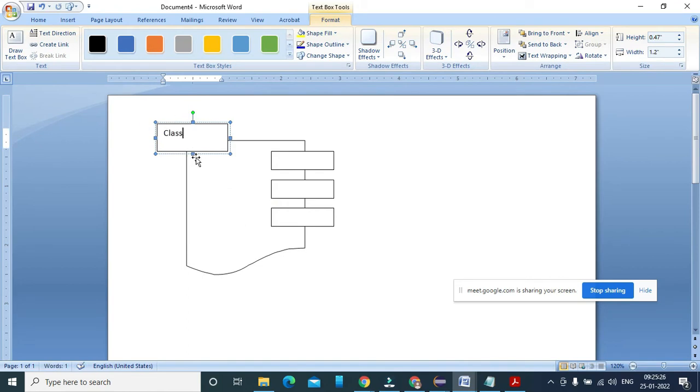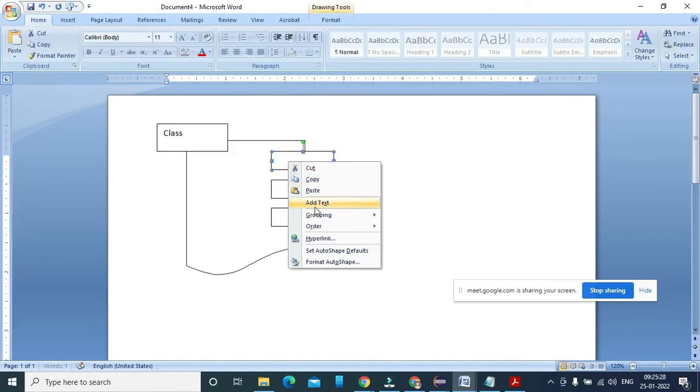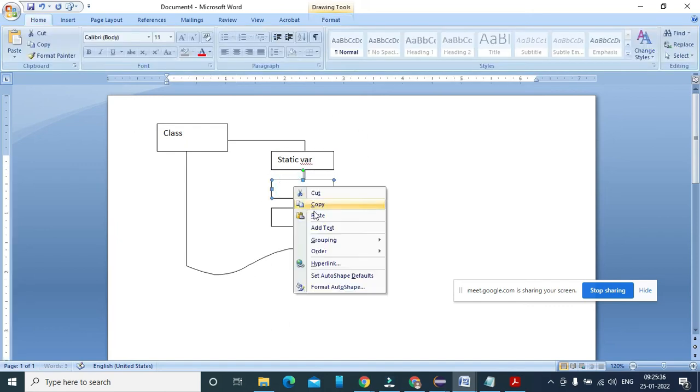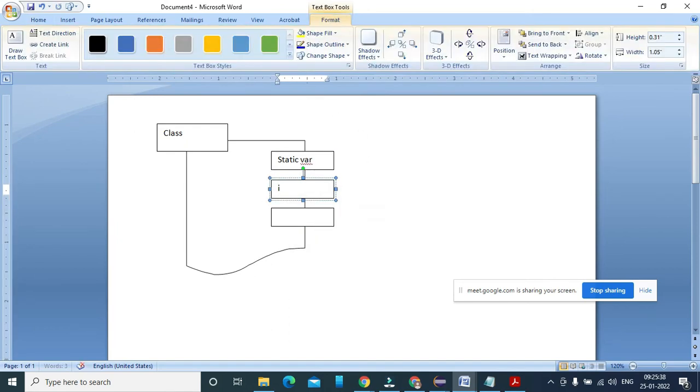When I'm declaring a variable as static here, this is known as a static variable, and this is known as an instance variable.